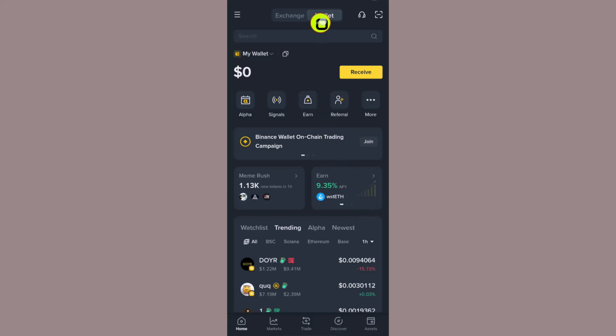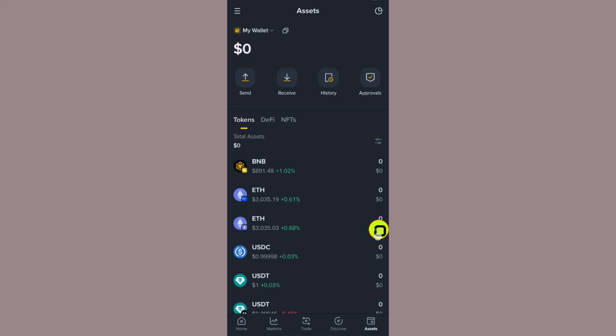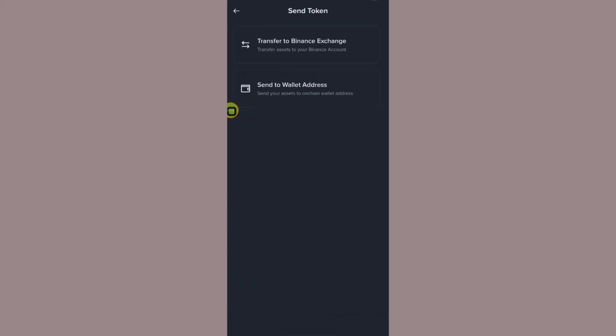First off, after you open up your Binance app like this, go to the Binance wallet. After you go to the wallet section, now you go to this option, assets. After you go to the asset section, now you click on this send button, this one. After you click on the send button, if there is an option for your bank account, you'll be able